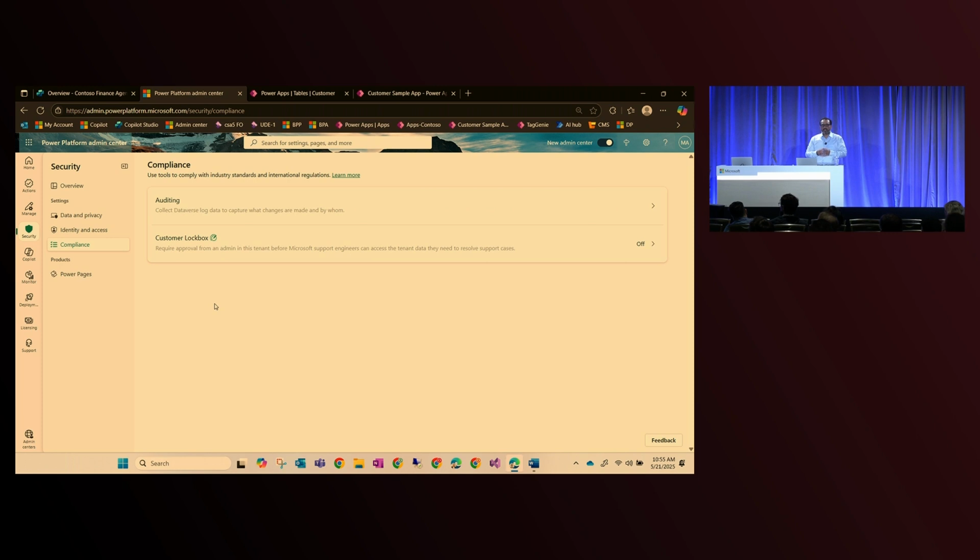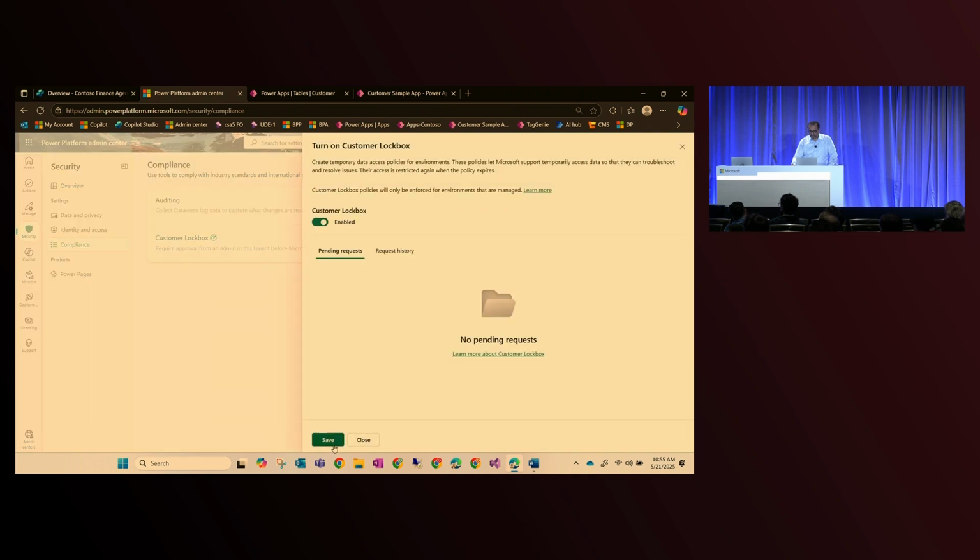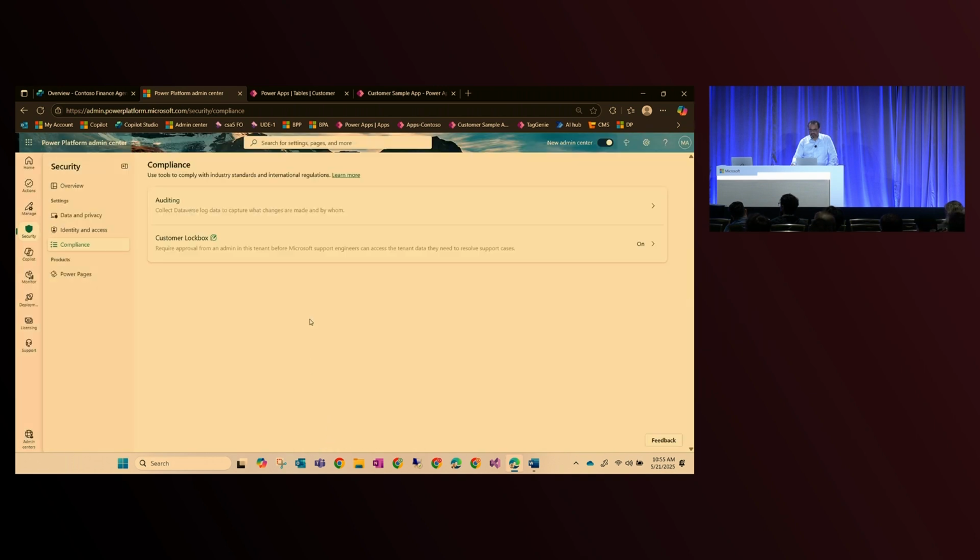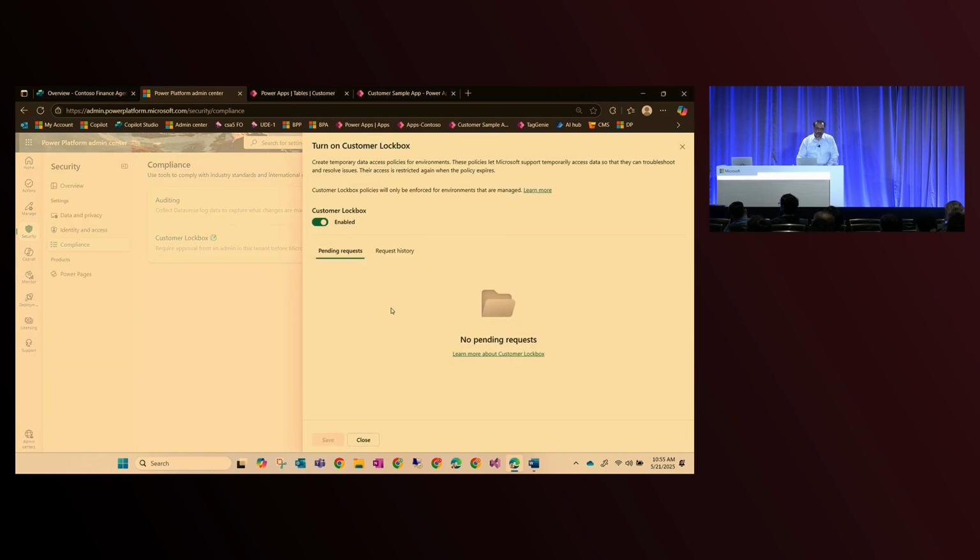So in those cases as well, we can go and enable the service called Customer Lockbox and press save. What will happen is, in these types of environments, if you raise a support ticket and you have a very sensitive database and you want to keep track that no other outside entity can access that data, then if in a rare case the support team wants to access the data, the request will come over here, somebody will review and approve it, it will be logged, and then the data can be accessible for the resolution of the issue.